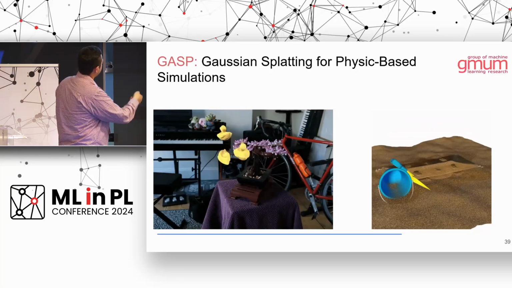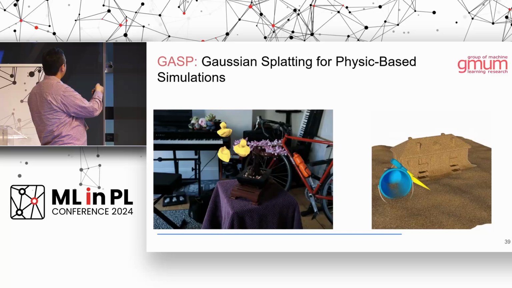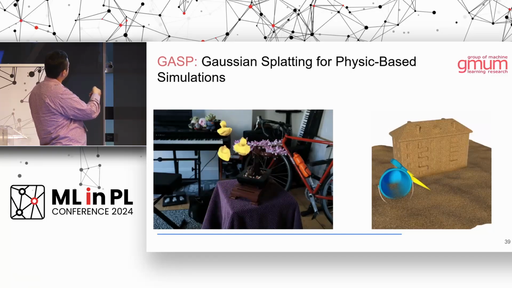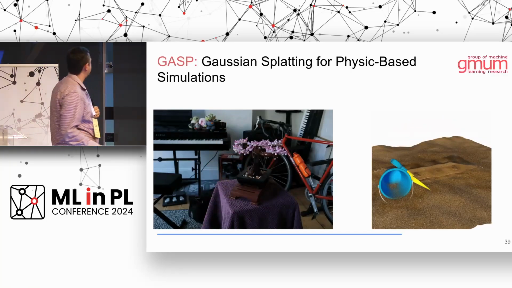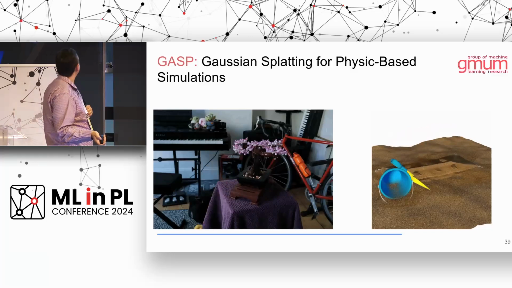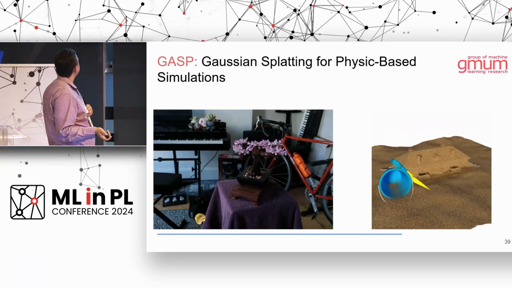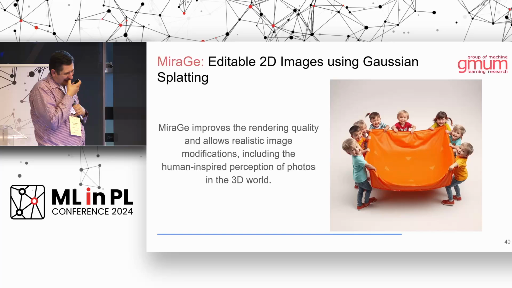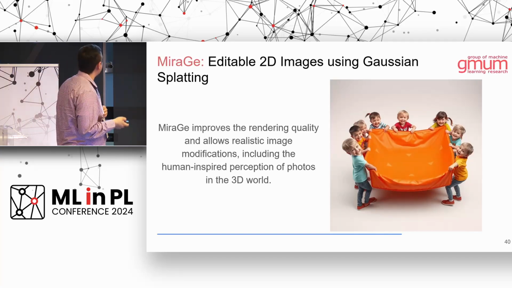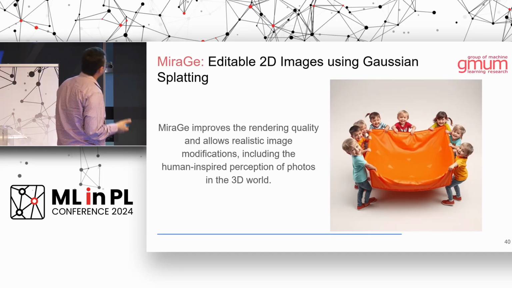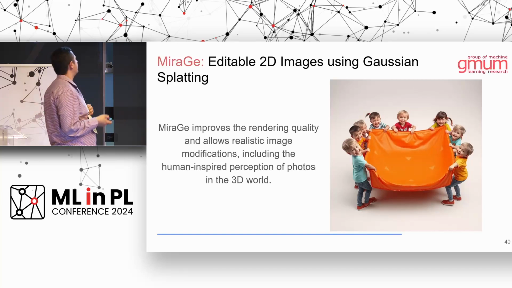Here we have some objects falling down and corresponding with the scene, and here we have some other physics. Okay, so the next step was, we combined it with dynamics and physics and statics, and so we